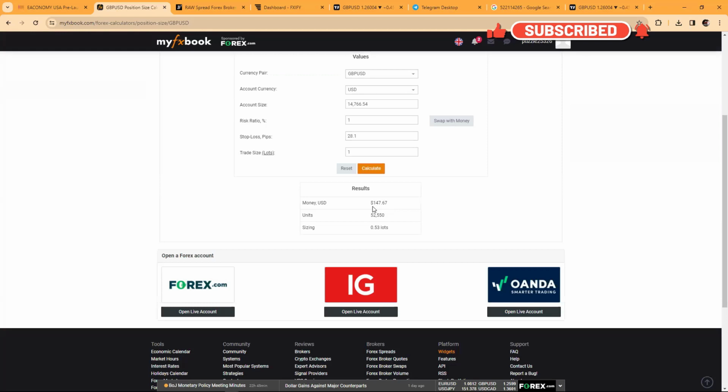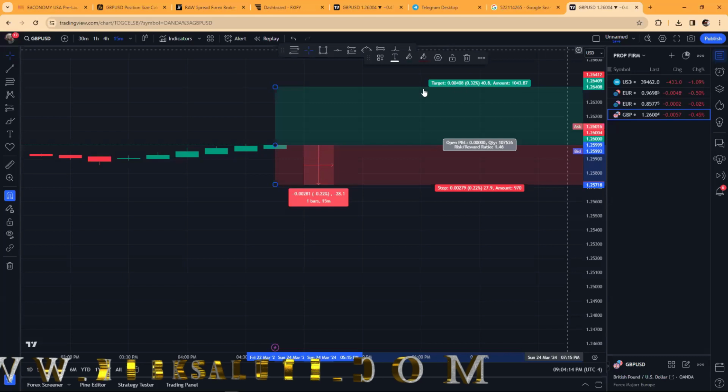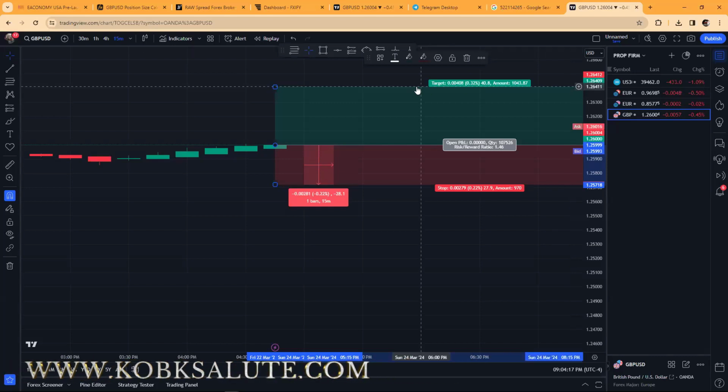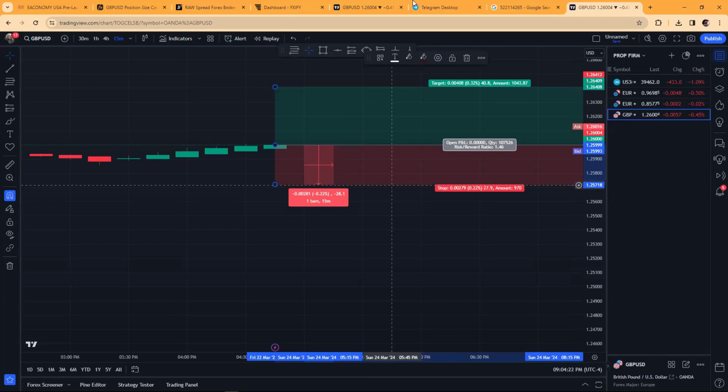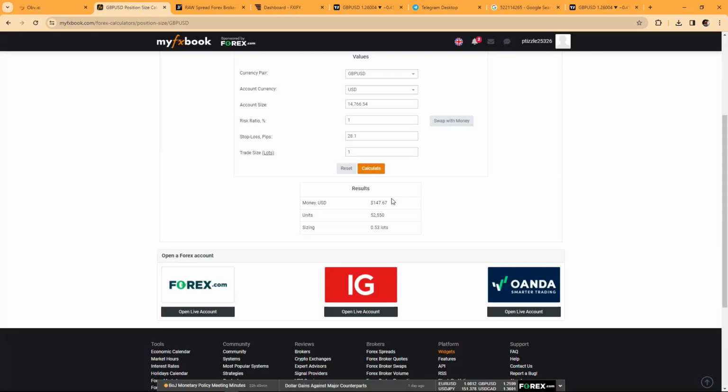So if this trade goes up and it hits my take profit area up here, I'm going to make $147 on that trade. But if I lose, I know that I'm only going to lose about 147. That's why personally, I like trades to give me a little bit more. And this is my lot size right here, guys. It's going to tell you what lot size you should put based on your account size, so you're not over leveraging. So with risking 1%, my lot size should be